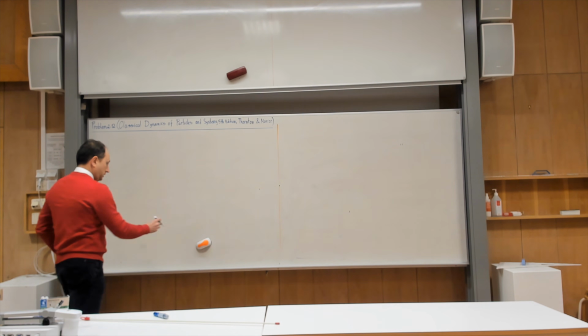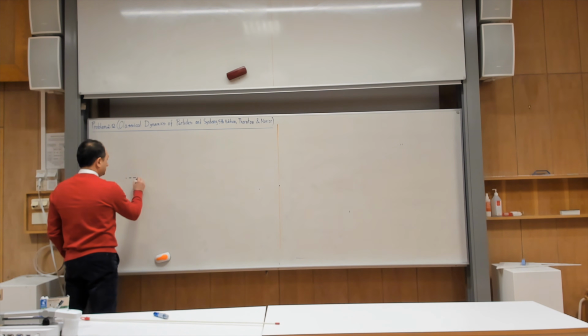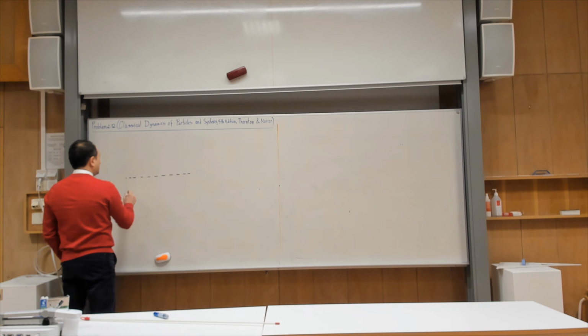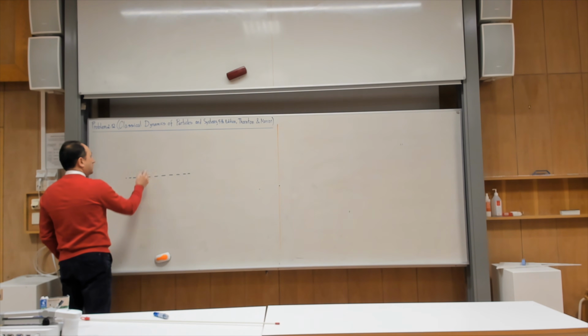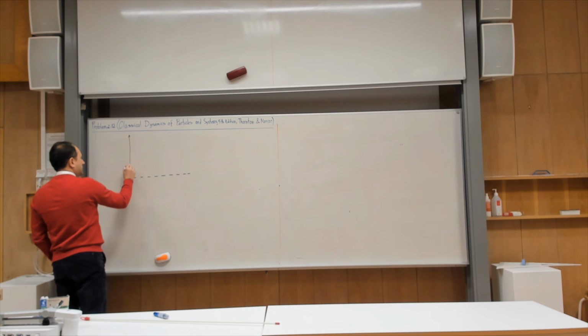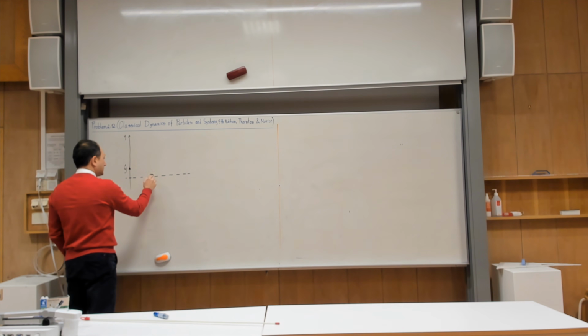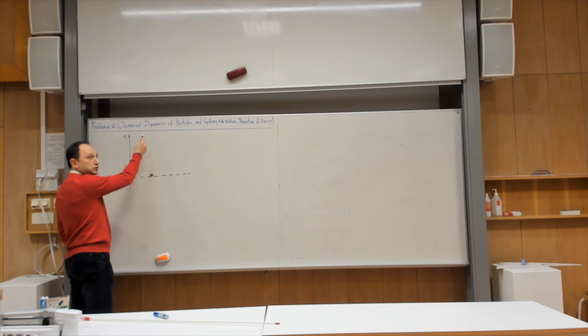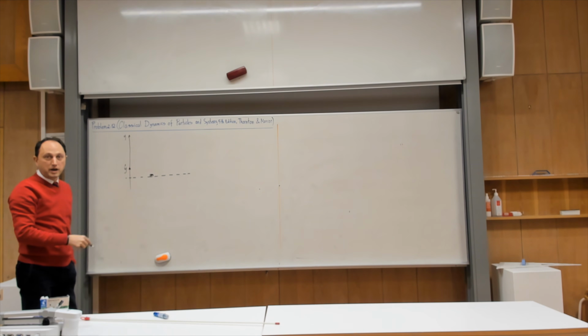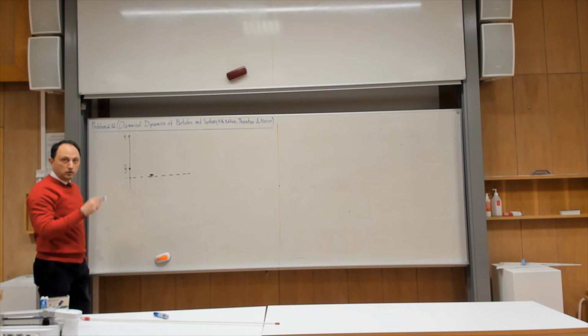Okay, so let us see what the setup is. Assume that this is the ground level, and I shoot my particle from the ground level upwards, and let me consider this the y-axis. On the y-axis I will have the y hat, the unit vector corresponding to the y-axis. I shoot my particle from the ground level, it goes up, it comes to a halt when the speed becomes 0, returns back and hits the ground,